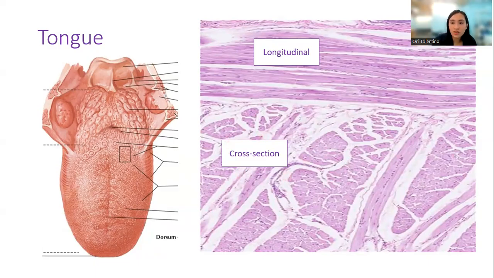In this image, you can appreciate the characteristic histologic appearance of skeletal muscle. Note that in the longitudinally oriented muscle, you can see that they are long, cylindrical, and have striations. You can see the striations here, but I will show you a clearer picture later. They are also multinucleated; there are many nuclei. In the cross section, you can see better that they have peripheral nuclei, so they have nuclei around their muscle cells and none in the middle of the fiber. I will show you a clearer picture later.